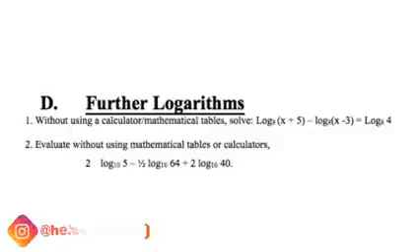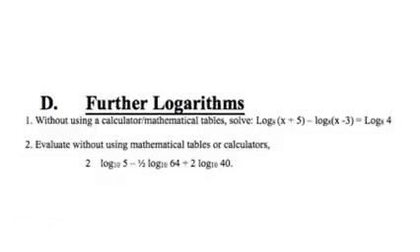Further logarithms. Without using a calculator or a mathematical table, solve log (x plus 5) to base 8 minus log (x minus 3) to base 8 equals log 4 to base 8. So when you are faced with such a challenge, number 1, you identify if the logarithms have the same bases. Here they have the same base, which is base 8. Number 2, if they have the same bases, you collect the logs to the same base on one side. So you write log to base 8 of the first value you are given,